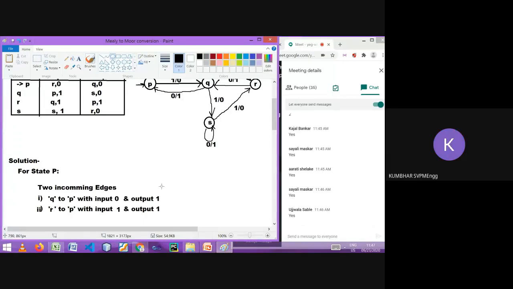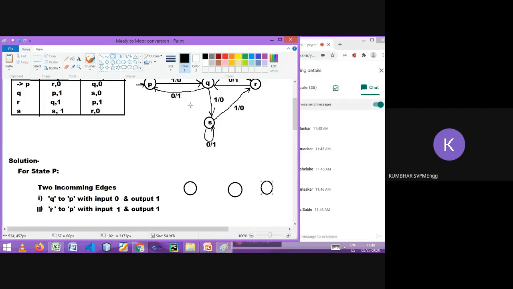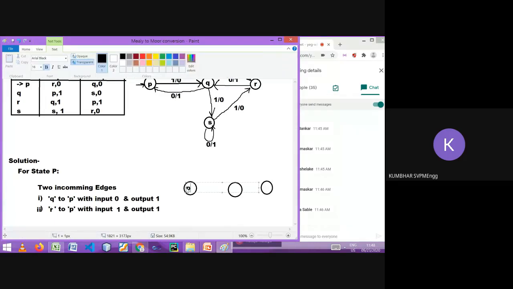I hope you're getting it. So let's do that. With this, what diagram will we get? P will be there. One incoming edge is coming from Q, one incoming edge is coming from R. So I'm drawing the three states. Just a minute. I know it is taking time, but we don't have any other option.